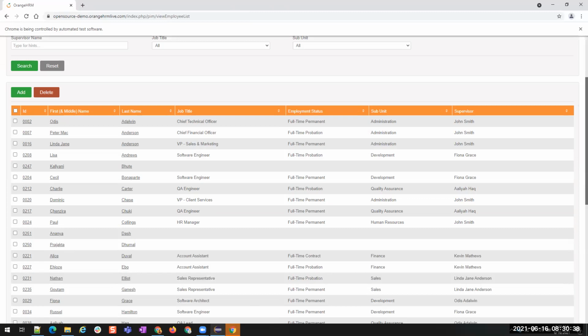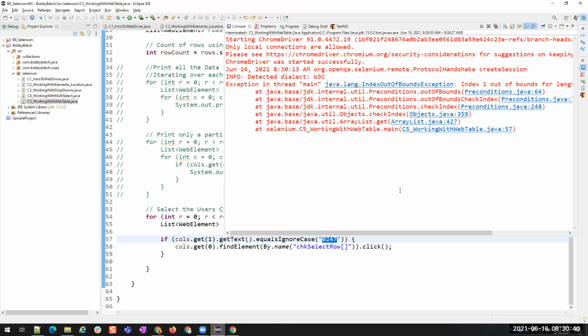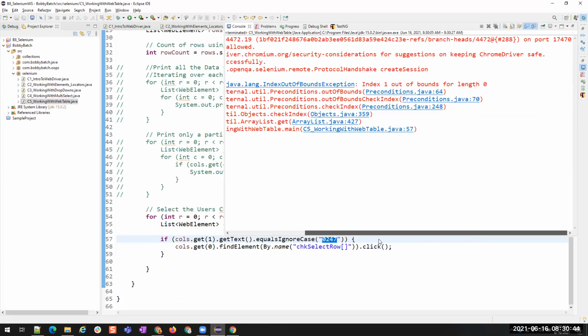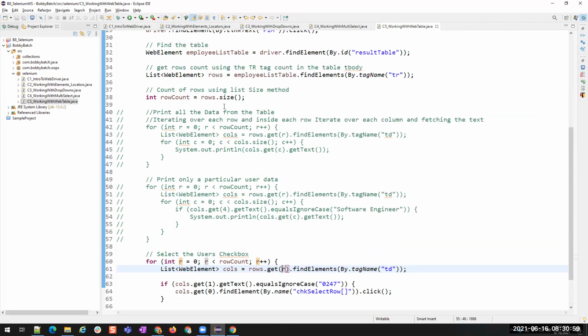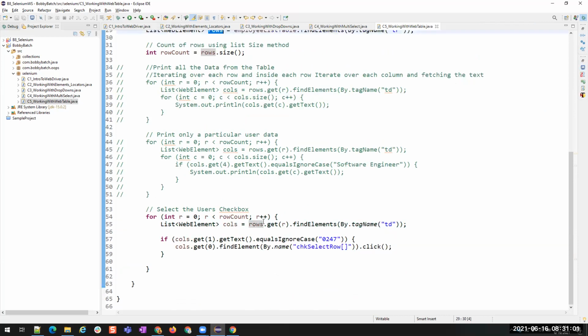What is the ID that we give? Oh, index 1 out of bounds for length 0. Okay, for each row, there are the rows. Okay, rows is here already, so I'm using it. For each row, I'm getting this row and I'm getting the